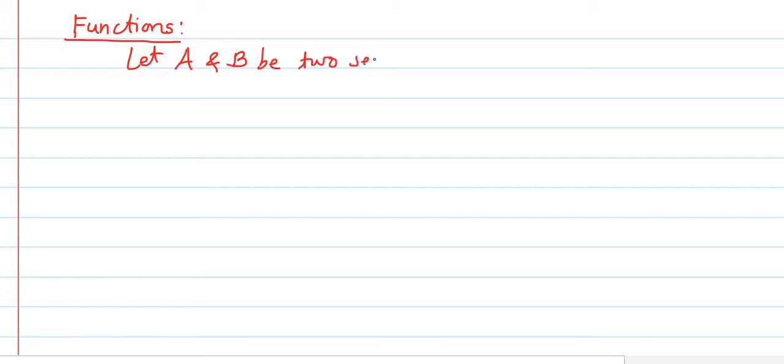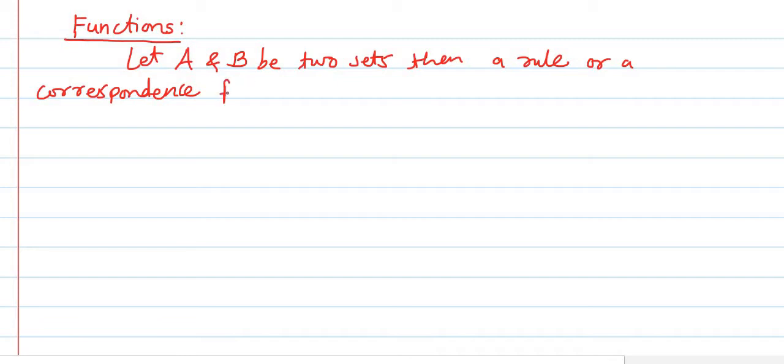Suppose that we have two sets A and B. Let A and B be two sets. Then a rule or a correspondence. Suppose that the rule or correspondence will be denoted by the letter F. Then a rule or correspondence F under which